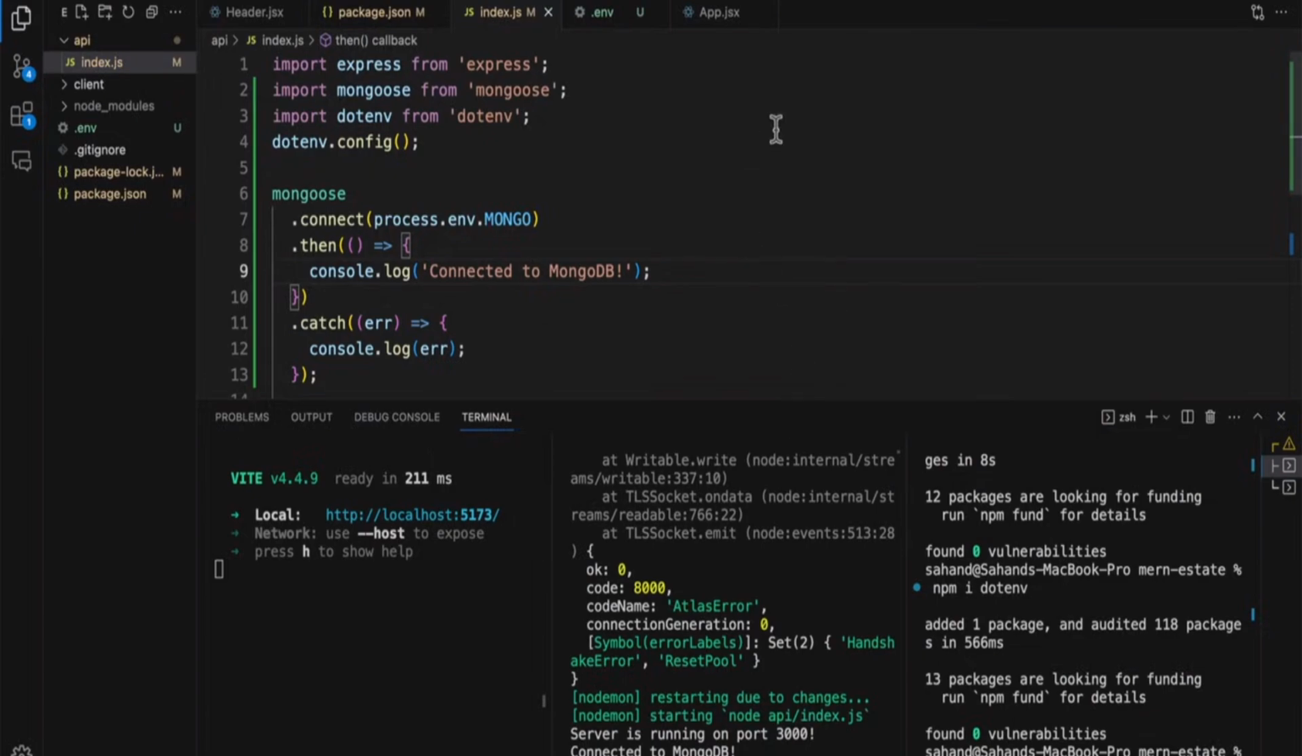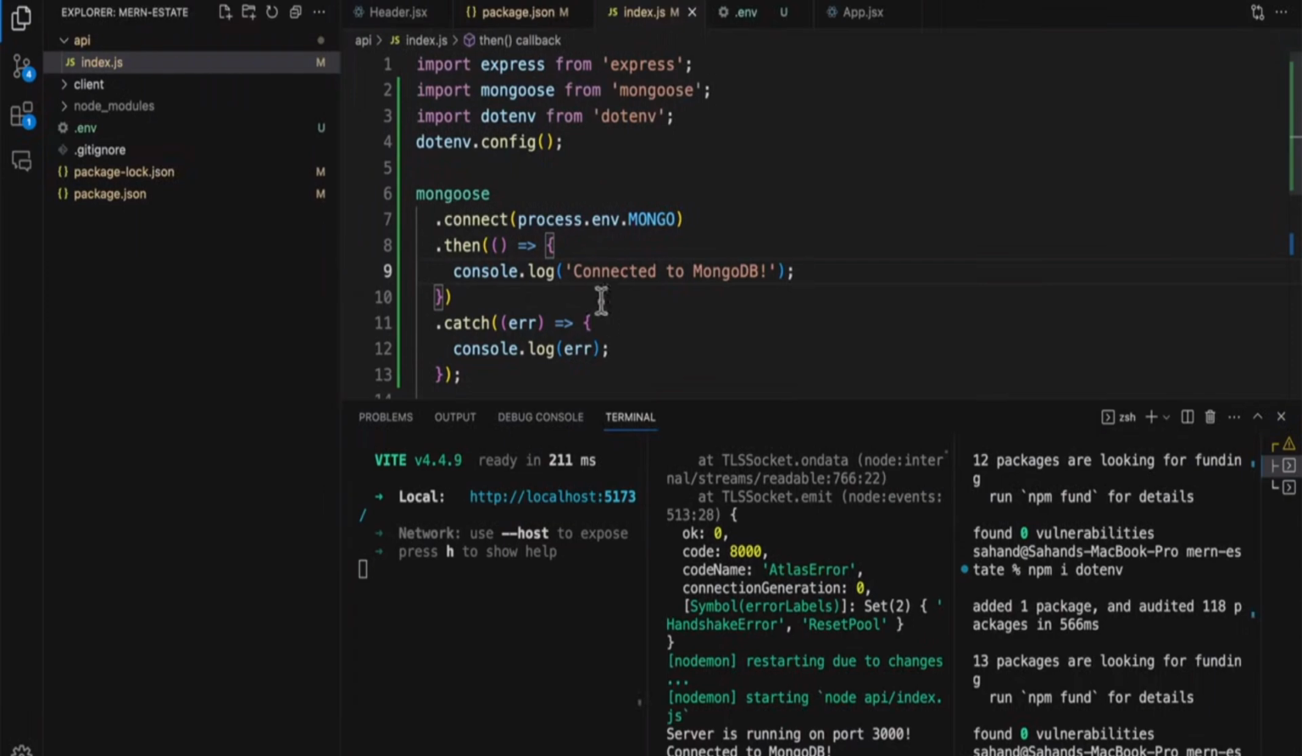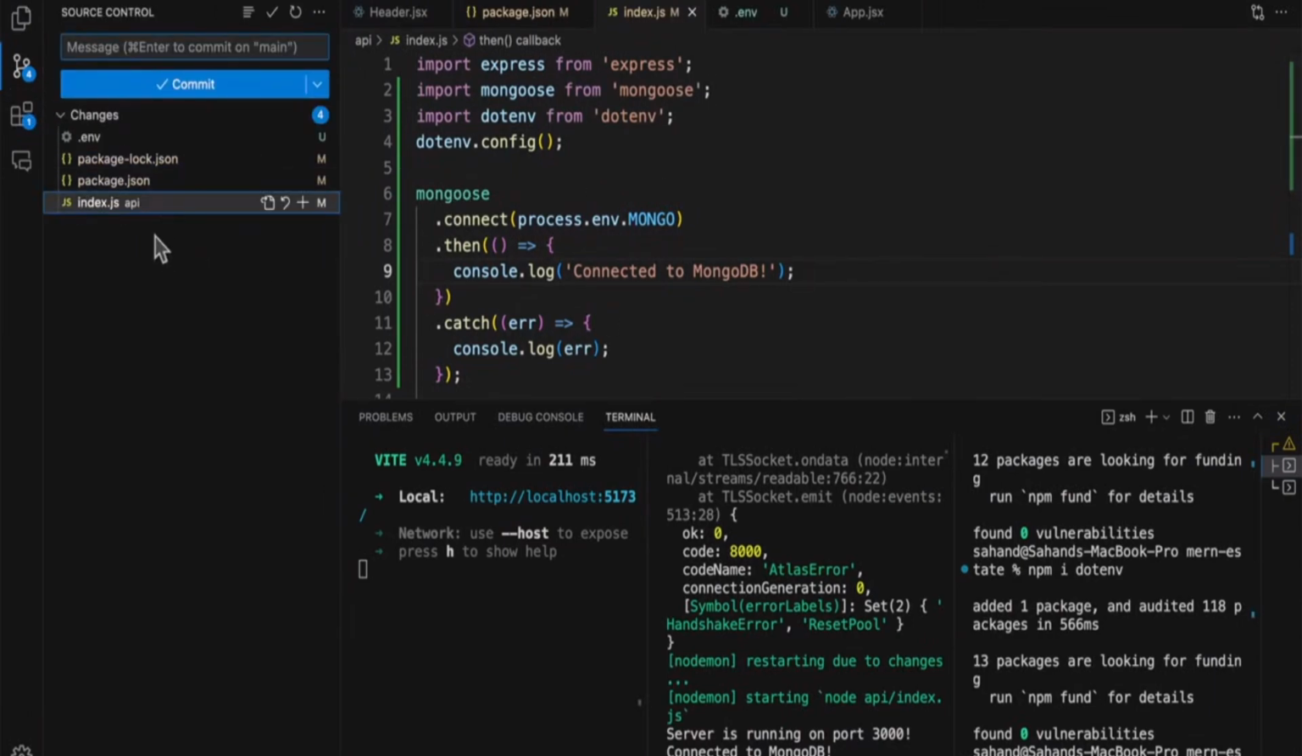All right. So that was it for connecting to the database. In the next section, we're going to work on creating the model. But first, let's add this one to GitHub. So if you check here, you can see that inside the